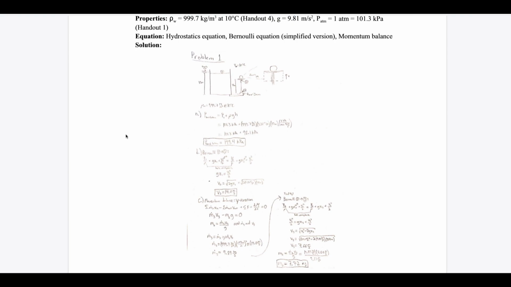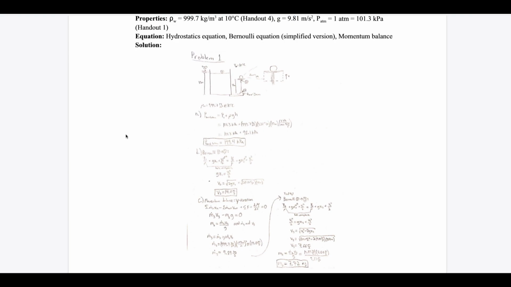To use the Bernoulli equation in Part B, the water was assumed to be at steady state, incompressible, with no work and no friction, and V1 was considered negligible. The exit velocity of the water out of the nozzle could then be calculated using the Bernoulli equation as shown